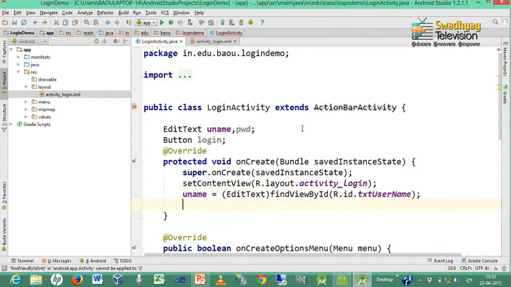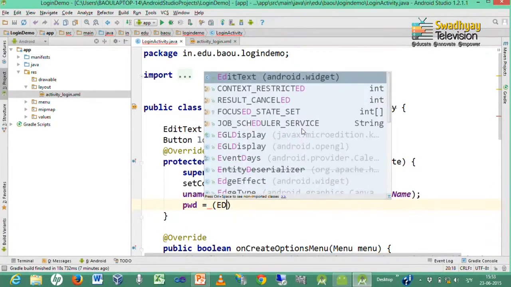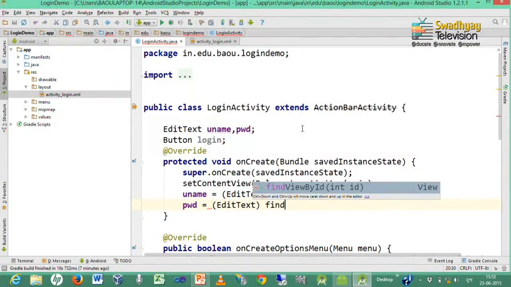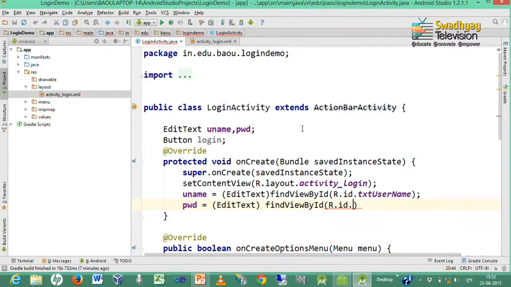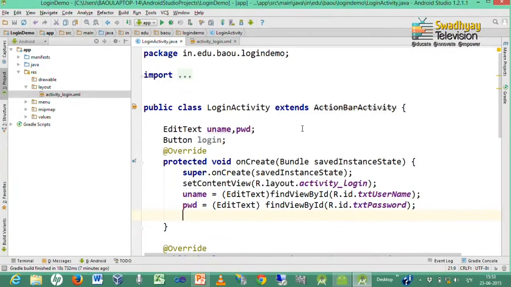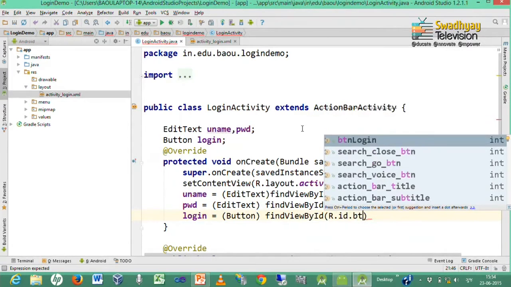For password we have edit text and its ID is txt password. Likewise, we also take reference for login, which is of type button.